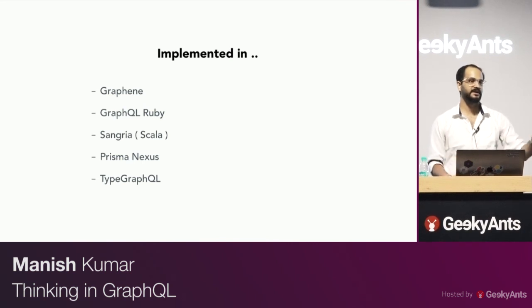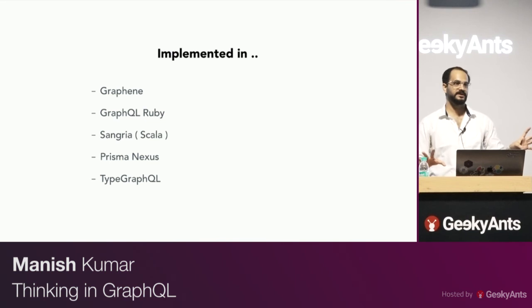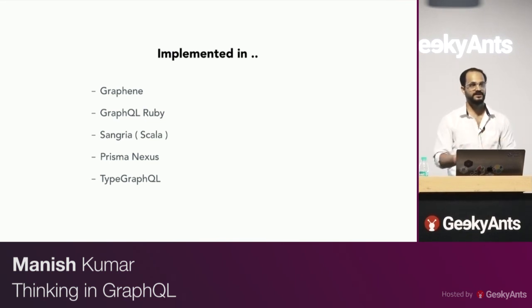So that's what I'd say. It's not that REST is going to die just because GraphQL has come in. REST has a lot of domain knowledge that people are still comfortable with and still want to use, and there's nothing wrong in that. GraphQL is a perfect fit for a dynamic data organization which has to support a lot of clients, and if you are that organization, maybe GraphQL might be a bet for you. And again, it is up to teams how they pick it up. And like I said, there's nothing in GraphQL that you can't do with REST. There are different ways of achieving that, but you can still do those things as well.